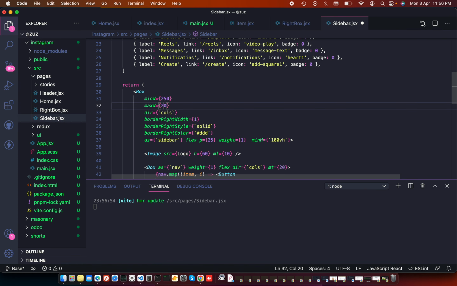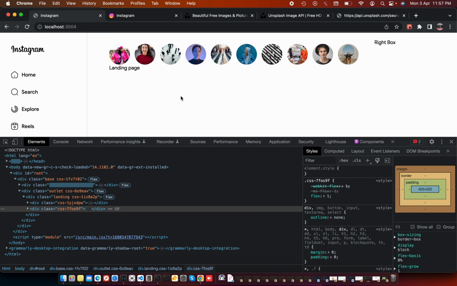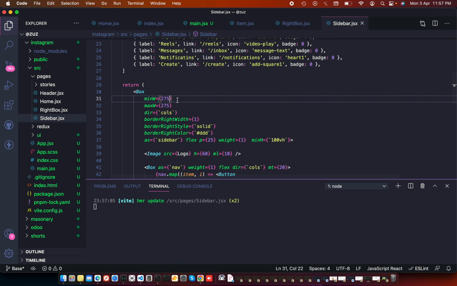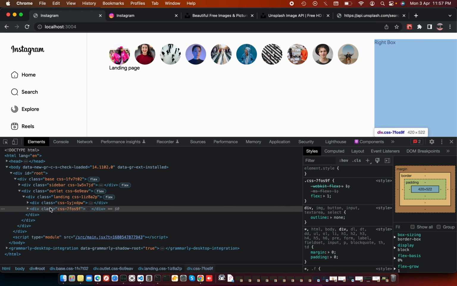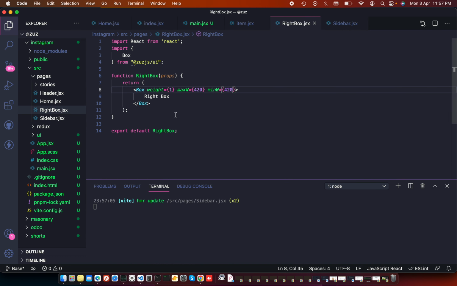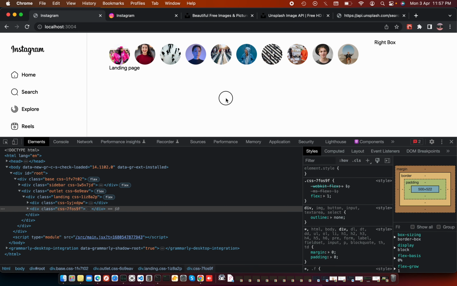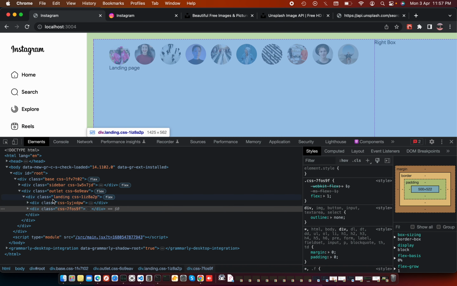And if we can increase it to 300, I guess, or maybe 275 is enough, and change it to 275. Here we go. And let's check if we are getting enough. Maybe we need to increase to 500, and it is overflowing